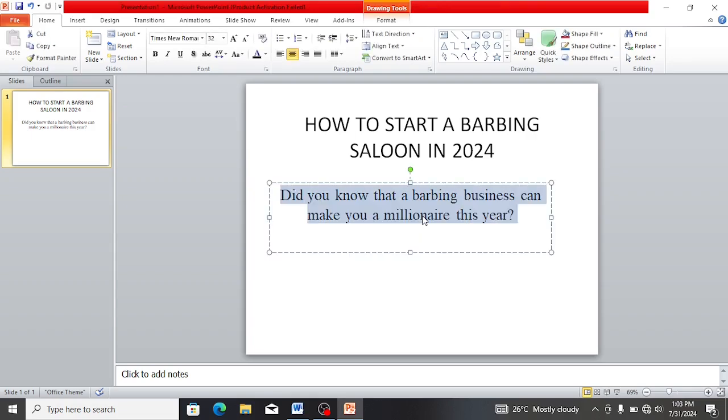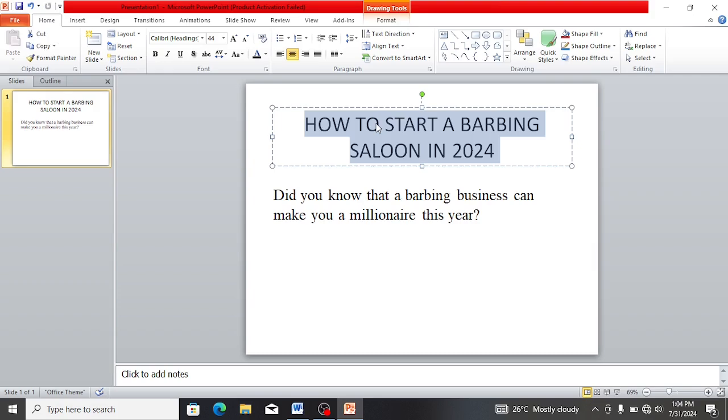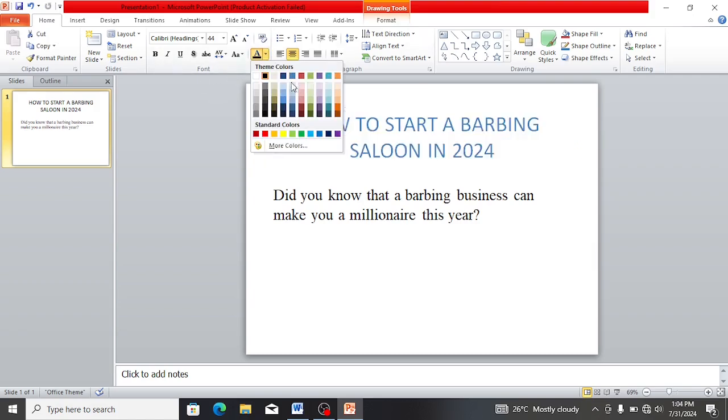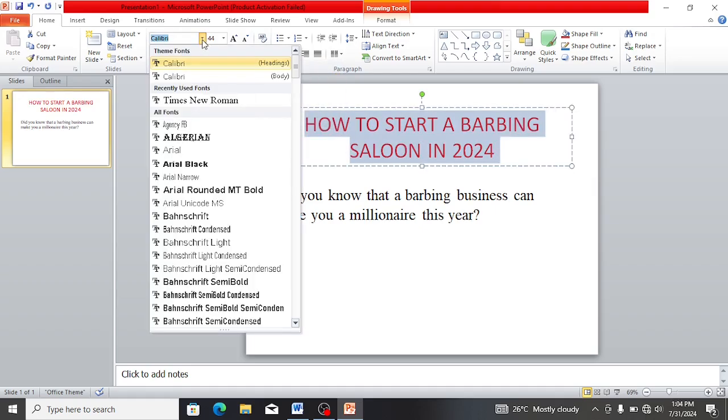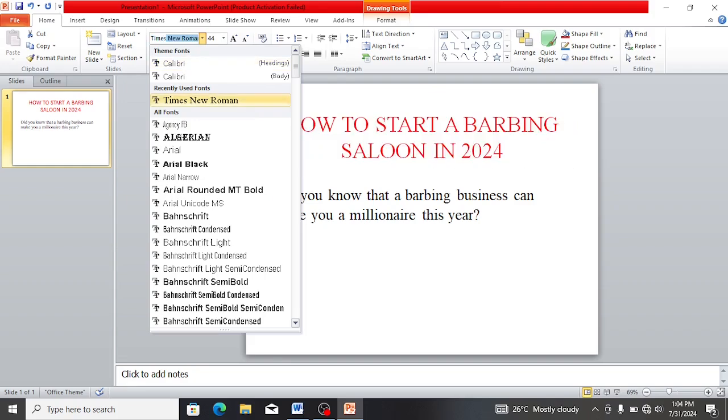All you need to do is just Control A. You highlight everything with Control A. Okay, then come here. You see, this was what we were doing with Canva just now. It will align properly. Okay, so the next thing is maybe on this part now you can change the color. So let's change the color of this right up to, let's say, maybe blue, okay, or red, whichever one. So just feel free. All right, so this is how to create your PowerPoint slide, but then it is easier